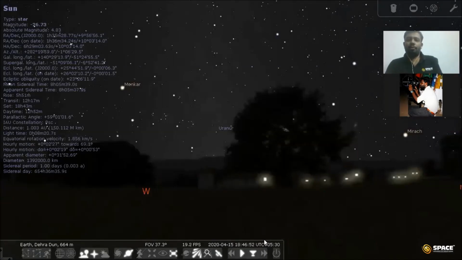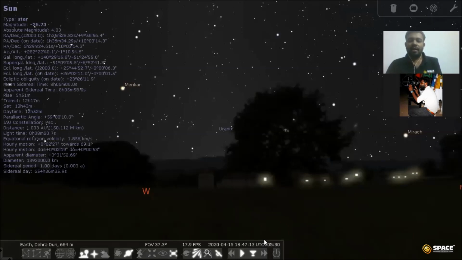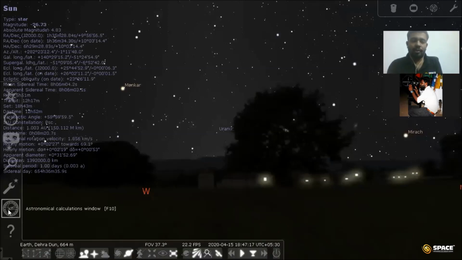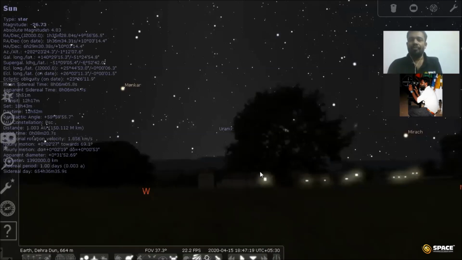Okay, so I hope you understand the simulation software. You can see the eclipses, rise time and set time of the planets, all the deep sky objects also. So star clusters, everything. So it is a simulation software. You can plan your observations using this Stellarium software. Okay, so just download this software with the instructions I have said and install the software. For your support, you have a help option also. The help window is here. You can click on the help window and everything is there.